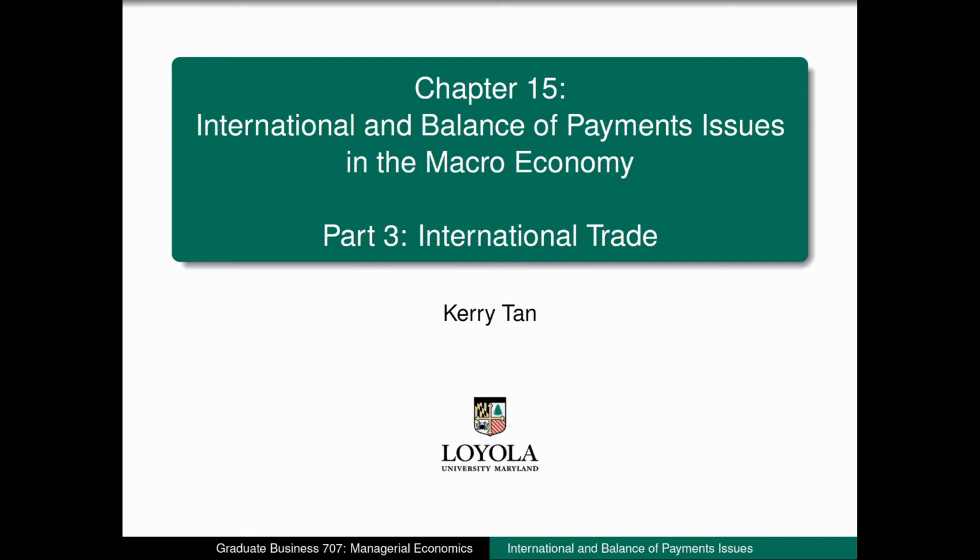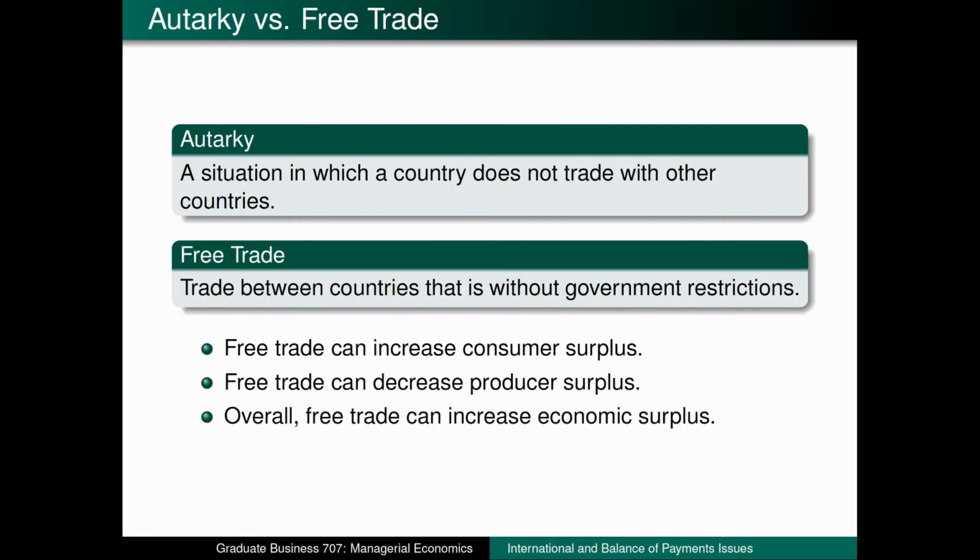current business environment. As I mentioned in part one of this three-part sequence, a country can be classified as either an open economy or a closed economy. A special word for a closed economy is autarky, which is formally defined here. We will use this example of a country that doesn't trade as a baseline to understand the economic impact of free trade. We'll wrap up this semester by then taking a look at what happens to the economy when there's a tariff or quota that restricts free trade.